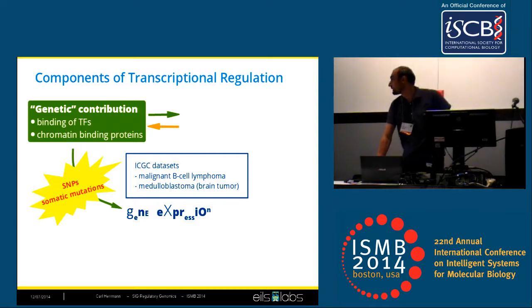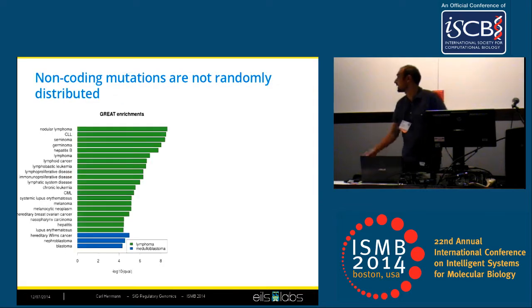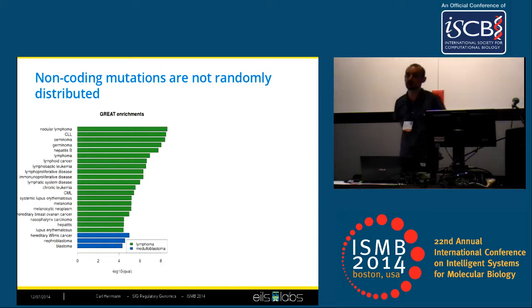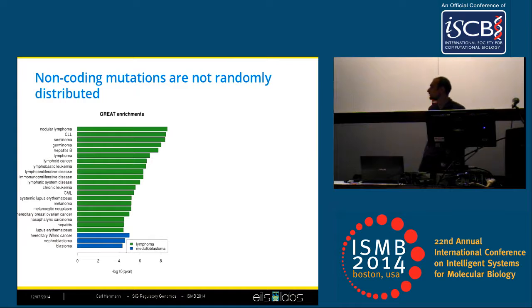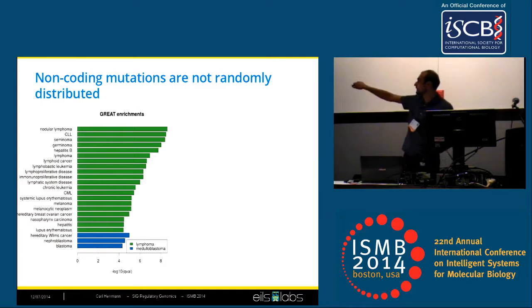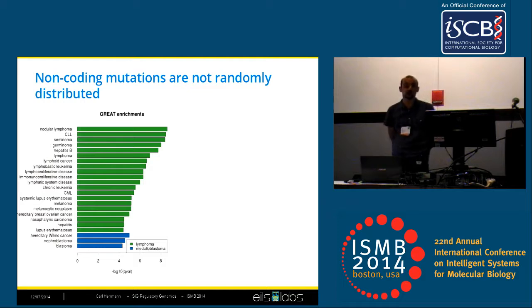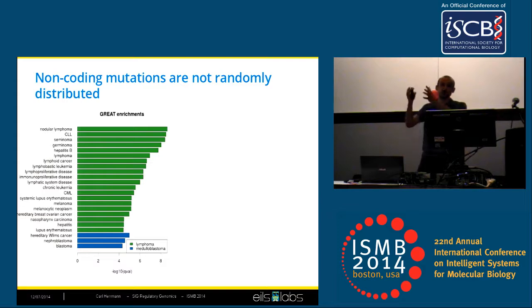If we look at these data sets of non-coding variants and simply perform a functional analysis, we have about 400,000 variants in lymphoma and 200,000 in medulloblastoma. We see that for lymphoma, terms related to lymphoma or hematological malignancies, such as lymphoma or CLL, are very much enriched. And for the medulloblastoma data set, terms related to various types of blastoma are enriched. This seems to indicate that these mutations are not randomly put in the genome, but seem to target specific